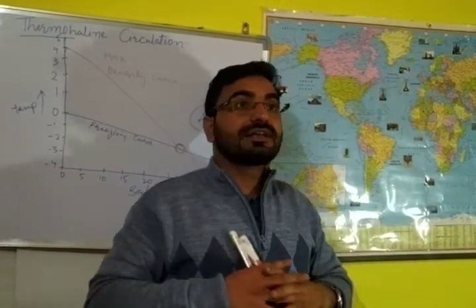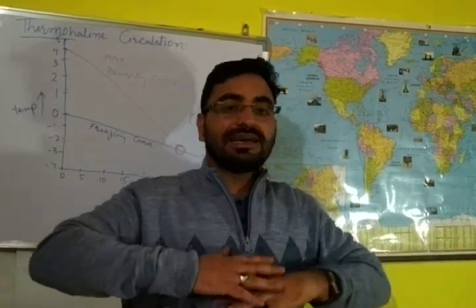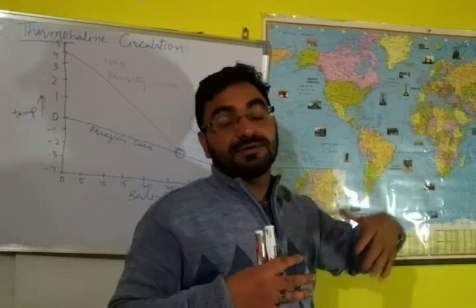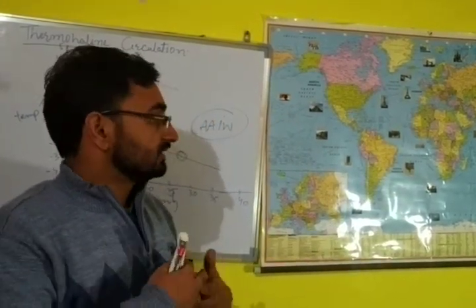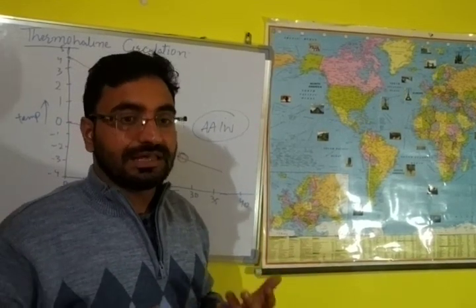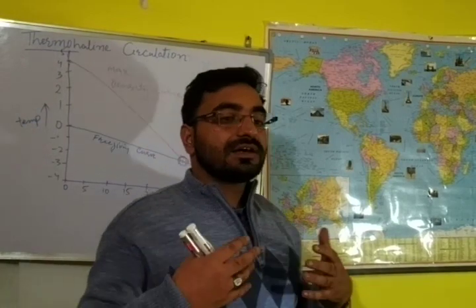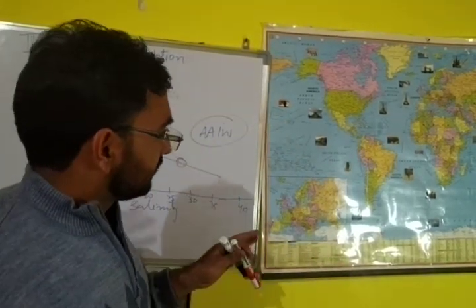When there is a rise in the sea ice, it will actually increase the albedo of the earth. Albedo means how much radiation is reflected back. If there is more albedo, that also has a significant impact on the climate or temperature of the area. So then another effect is that